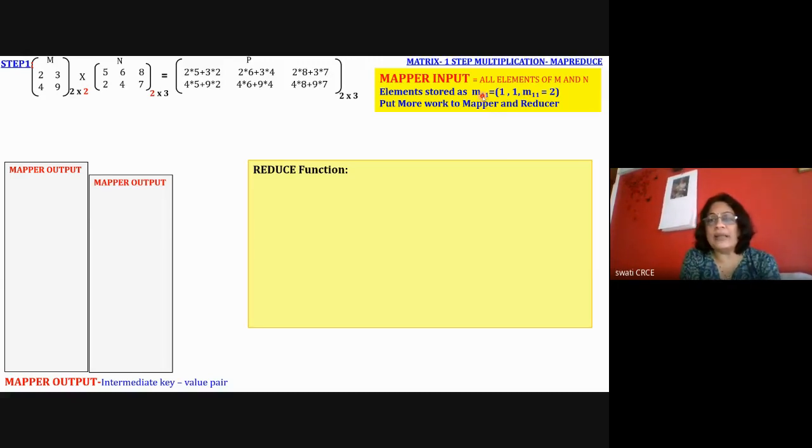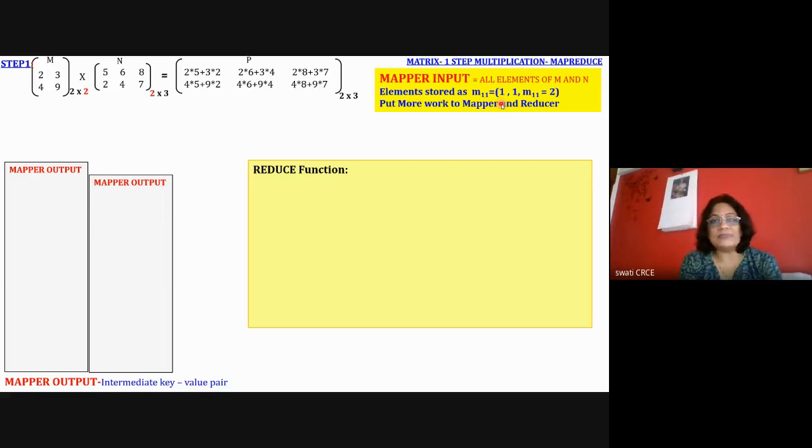Otherwise, to store one element, we require three memory locations. If your matrix has all the elements and it is a huge matrix, and one element takes three times the normal space, then it will not be an efficient kind of storage of a matrix.